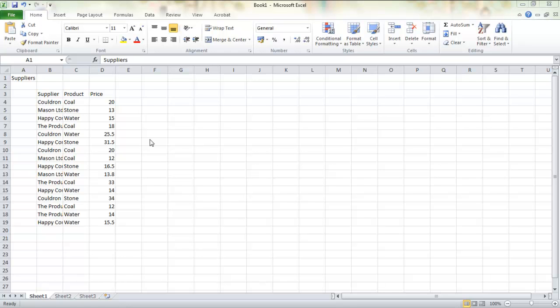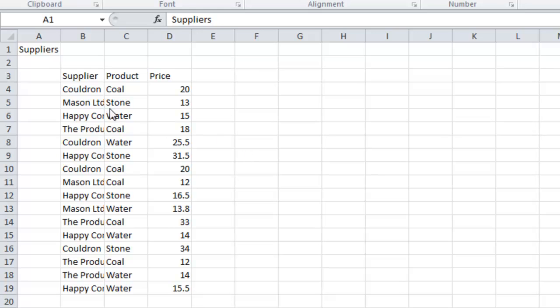In this video I'm going to show you how to make your data in Excel look nicer quite simply. So the first thing is in this column here I've basically got what I want to be my header here, which says suppliers. I then have my table, which is my supplier, product and price. And if you look in the supplier column, you'll see that actually these names are a bit too long, they're